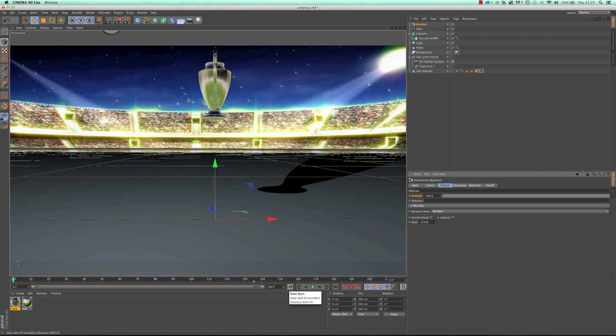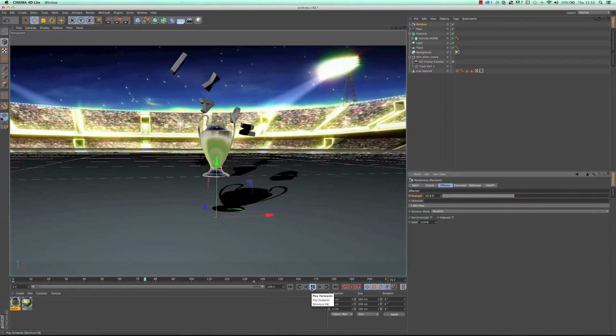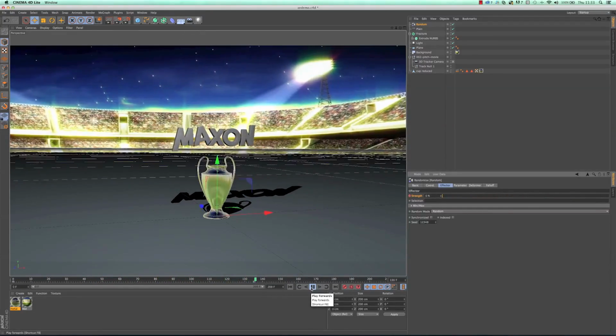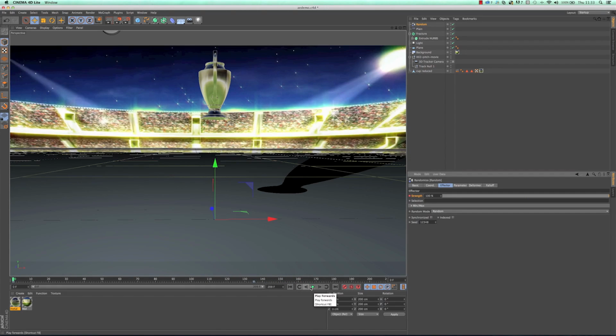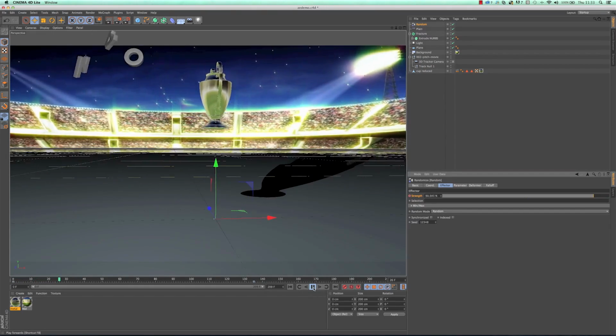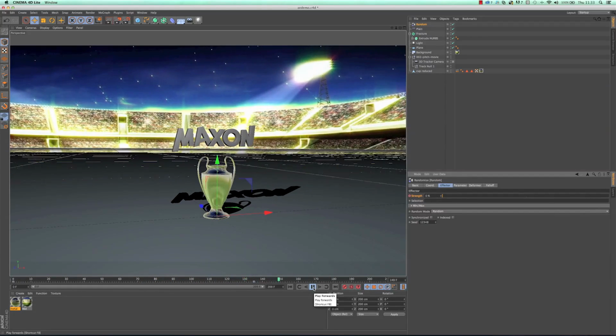So hopefully this gives you an idea of the sort of stuff you can do with MoGraph. Of course, I'm only scratching the surface here, and we've got way more powerful tools in the more advanced Cinema 4Ds, but it's great that for the cost of your Adobe After Effects CC subscription, you're getting access to this set of 3D tools that can do an awful lot, which is great. And all of this stuff is automatically translated to After Effects.